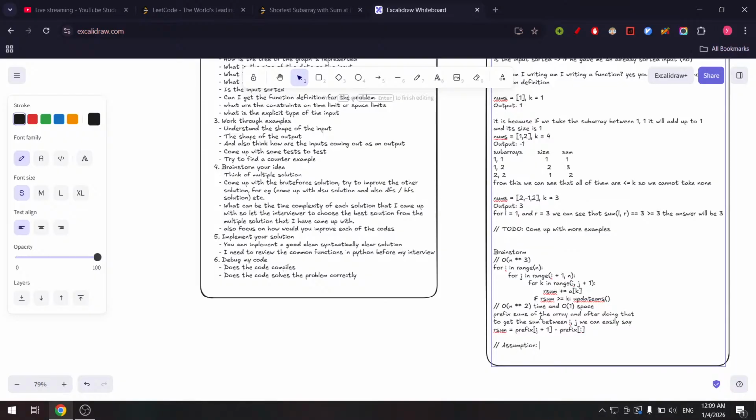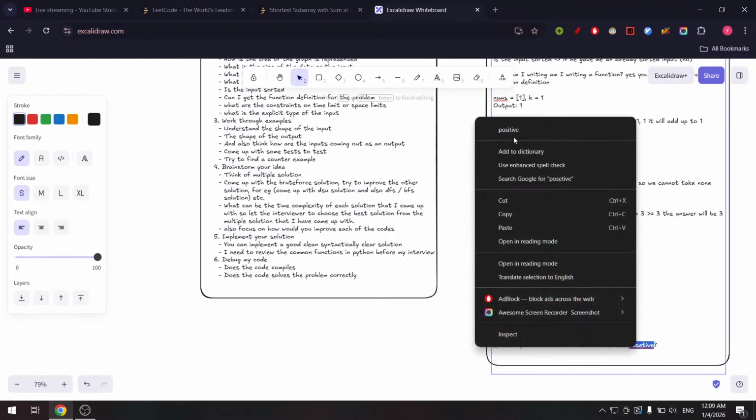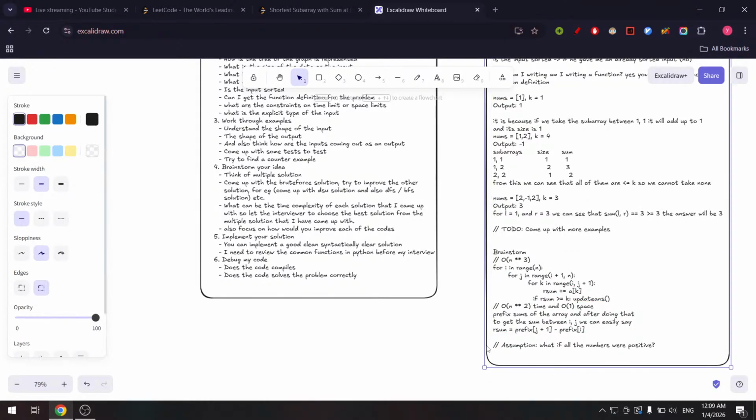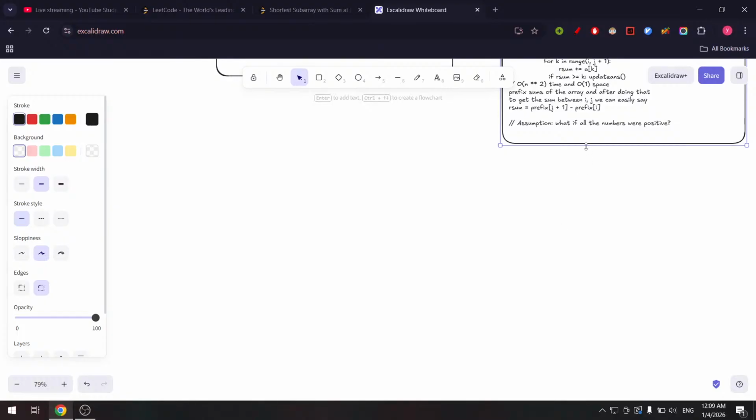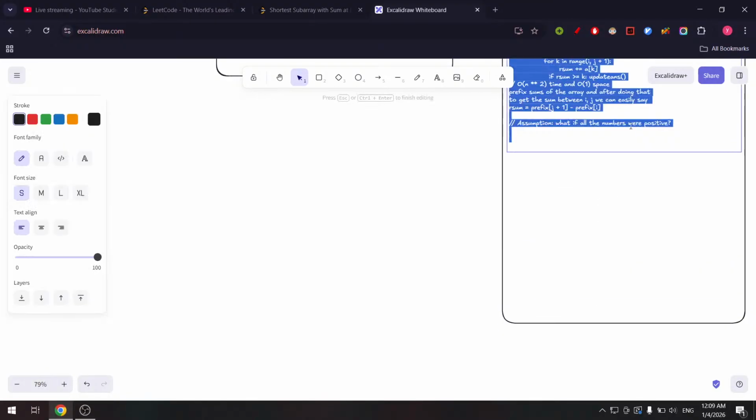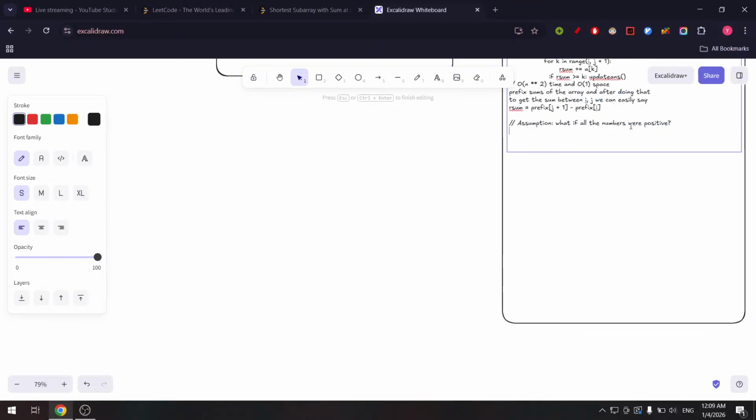Let's make an assumption, right? So what if all the numbers were positive? So this is the first question that I want to ask. So what if all the numbers were positive? So if all numbers were positive, the first thing that we can do is we can do a normal trivial